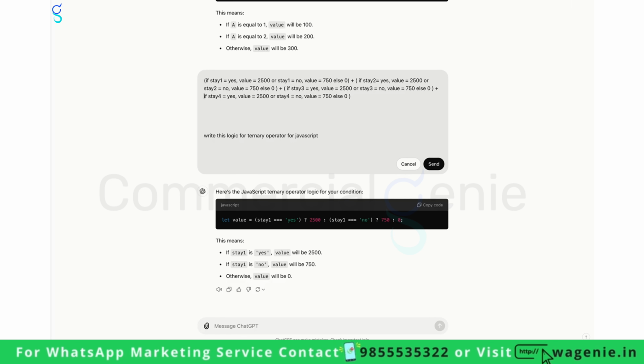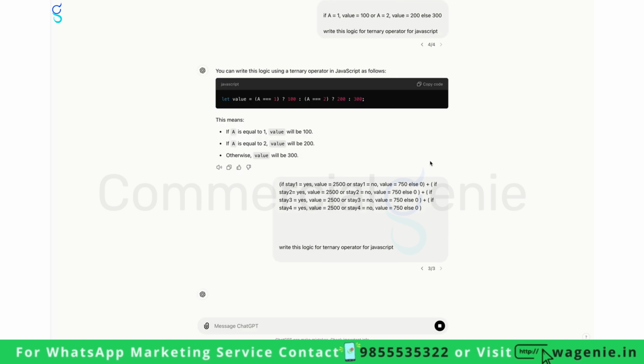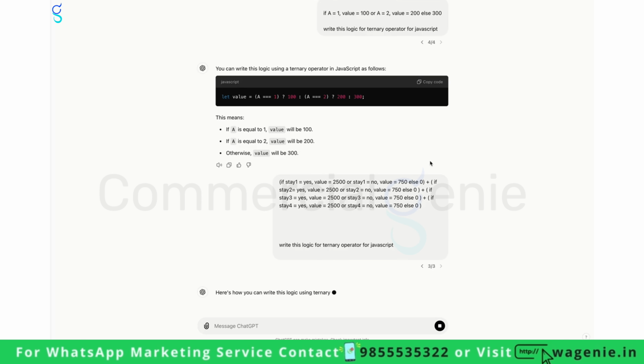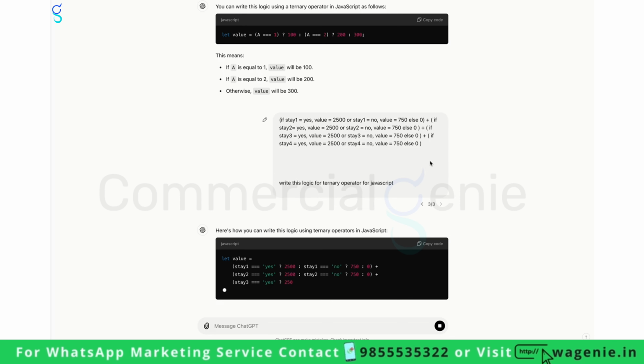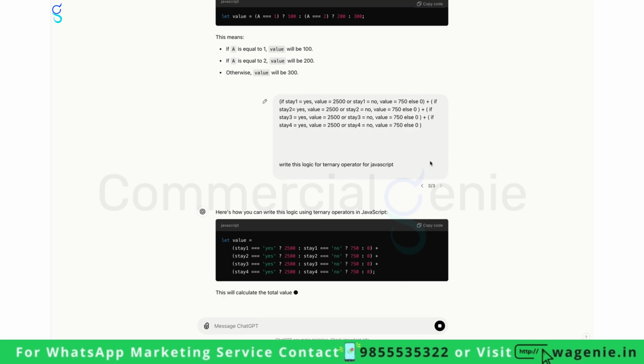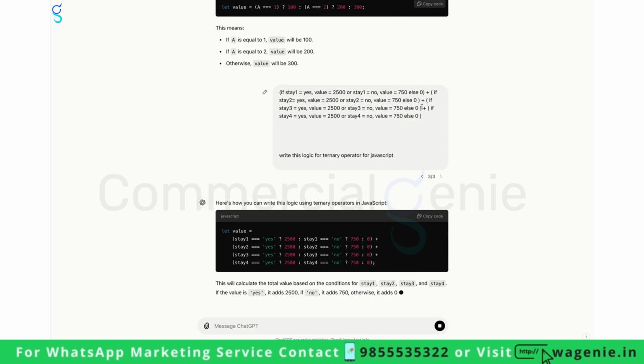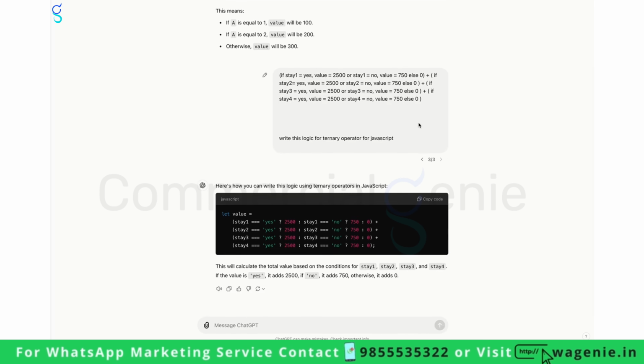Some people might select the option to stay, some might select that they don't want to stay. And if the users are less, I mean if it is only 2%, then in that particular scenario, the value added should be 0 to the total sum.